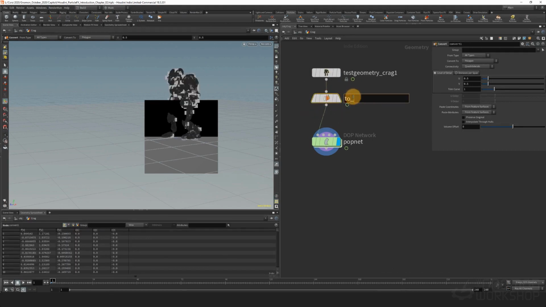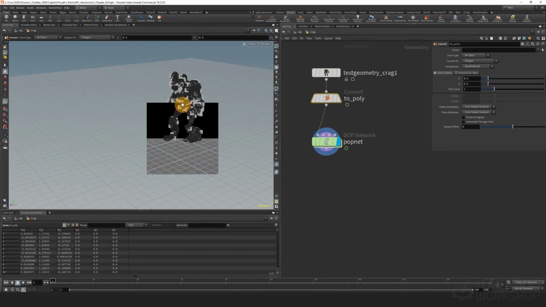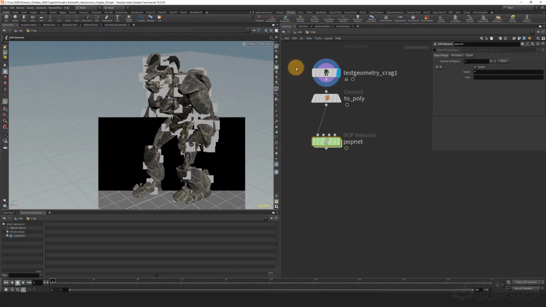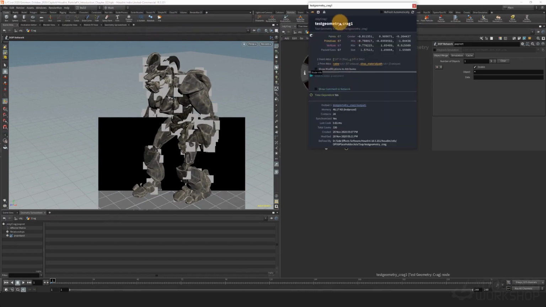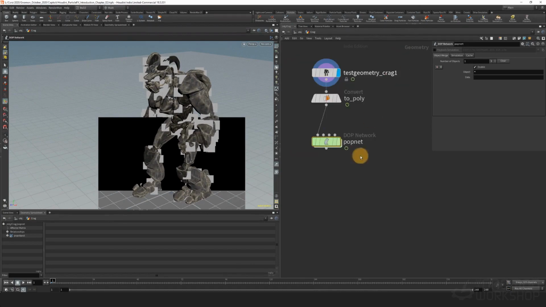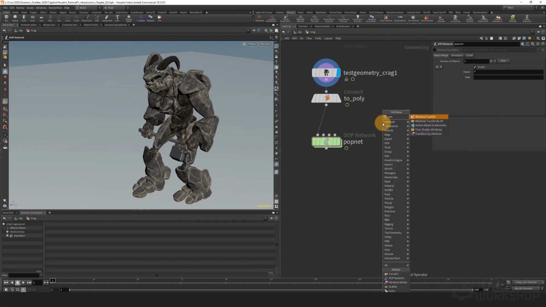Let's say that this one is named to poly. Problem is that you see we have particles shown as sprites, so it's really something strange. To solve this problem we have to remove the material, because you see that there we have the material over this one, and if we go inside the attributes you see that we have, over the primitives, the shop material path. So to do something like that we can use the attribute,